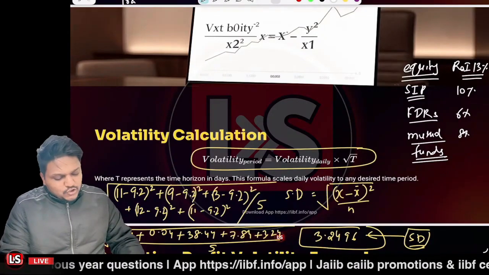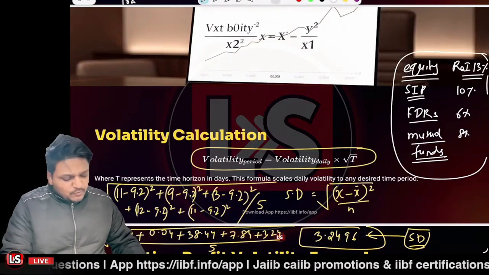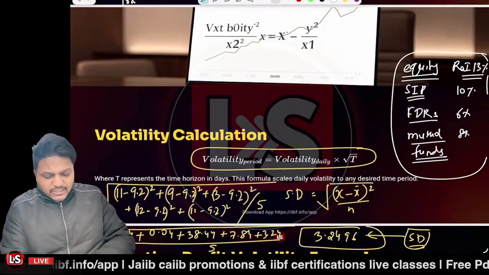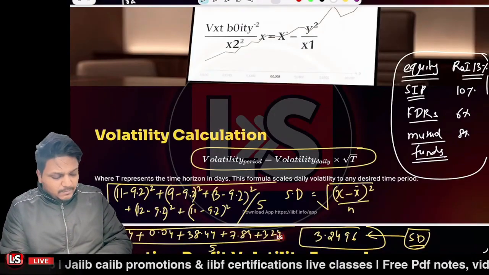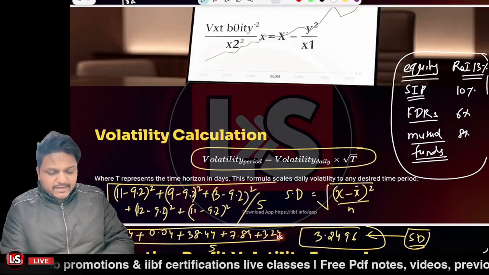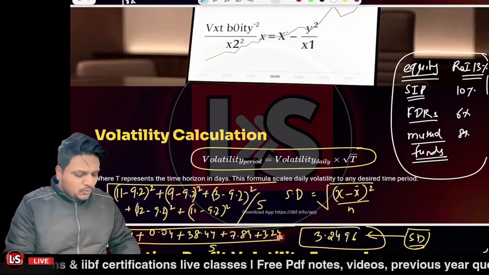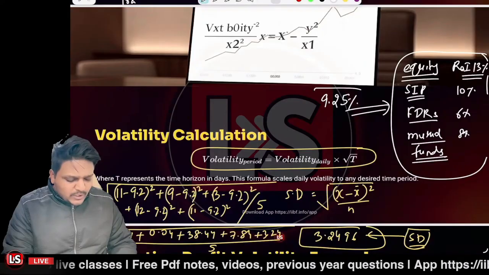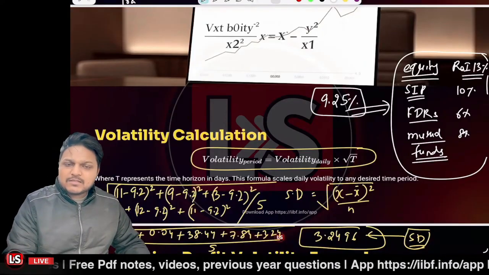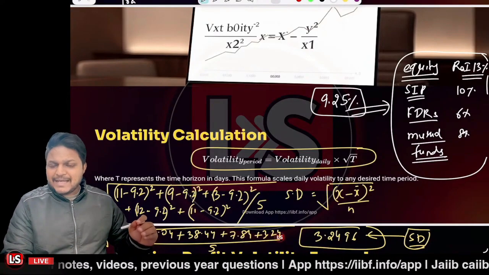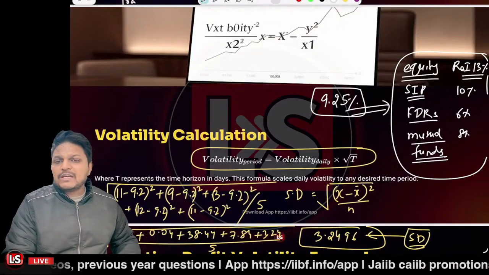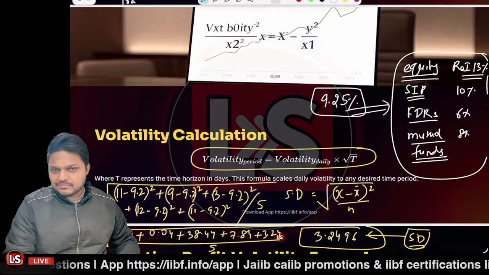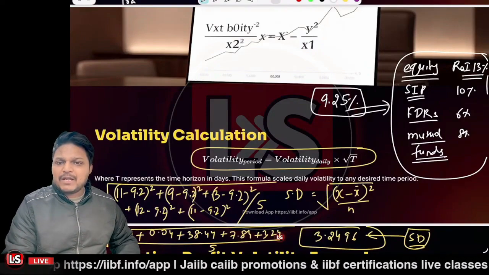Now, what will be the average? The average would definitely be lesser than the higher one. To calculate the average, it will be 13 plus 10 plus 6 plus 8 divided by 4, that is 9.25. So in this scenario, you are earning an average ROI of 9.25%. What I'm trying to tell you is that whenever we diversify our portfolio, the overall risk and the overall volatility can be reduced.